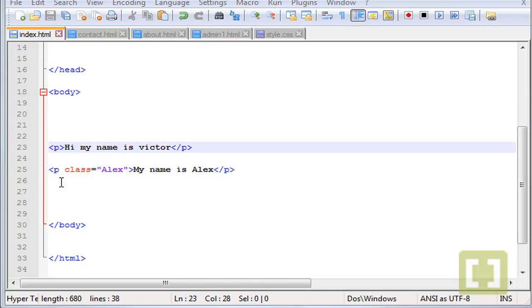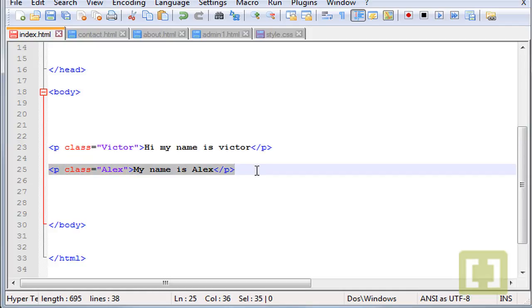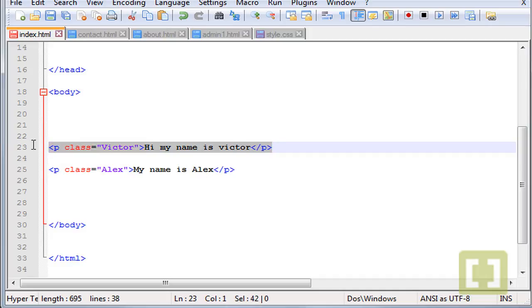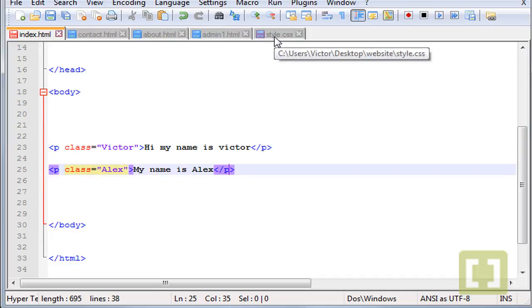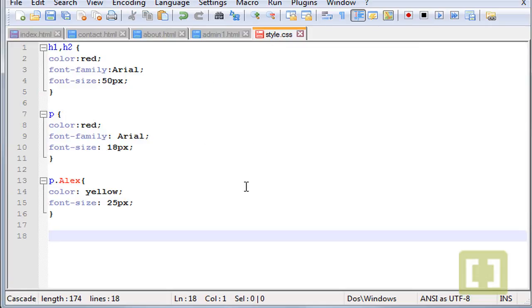Let's say I want to give now a class to Victor's paragraph as well. So I can type here class equals, and here I type another name, Victor. Now I want to give different properties or attributes to a class Victor and some other properties to class Alex. So I want to style them differently. So what I do is go to style.css and now create P Victor,